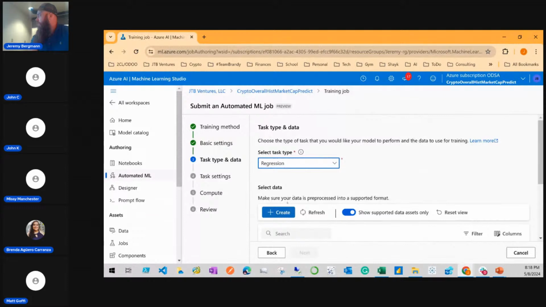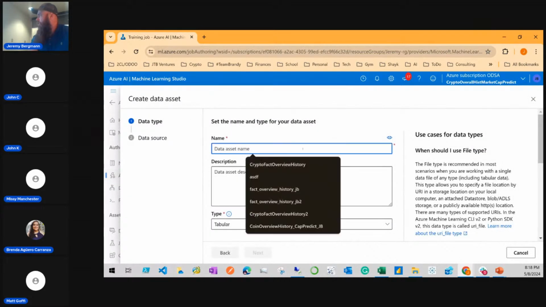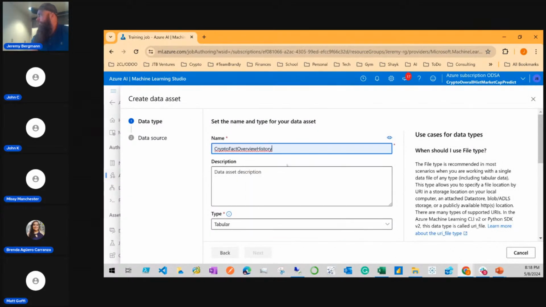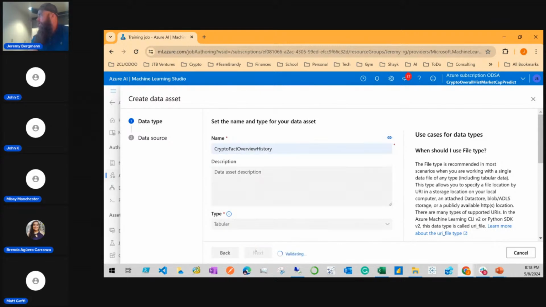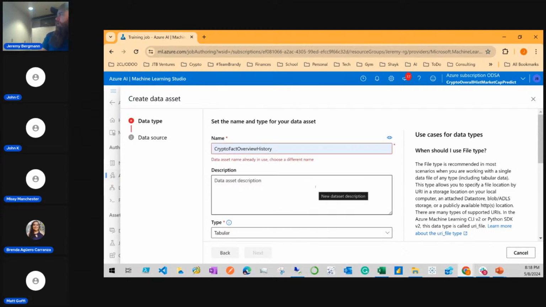Task type, regression, select data, data asset name, type tabular. When I backed out of it, I must have just lost it, which isn't so typical of the other services either. I think this one's a bit of a work in progress. But this AutoML was really simple, and when you get to deployment, it makes it really easy to